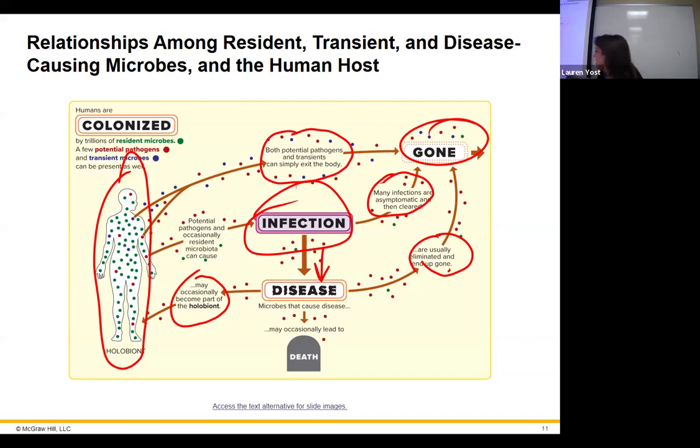However, let's say that you have the disease, you have your urinary tract infection, it's hurting to pee and your back starts to hurt and you're like, no, man, I can't go to the doctor. It's too expensive. Hopefully this will just clear out. You know, Professor Yost says my immune system can do this, whatever. And you don't go to the doctor and you don't get your antibiotics and you don't get treated. And in this particular case, that ends up being a really bad thing for your body because it can't clear it out on its own. That could lead to death if you don't treat your urinary tract infections. I think you guys know that, right?